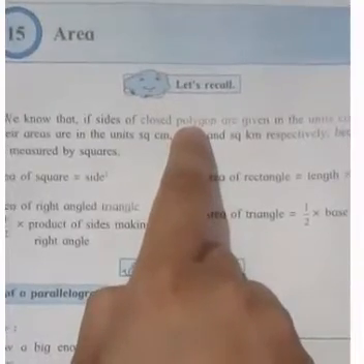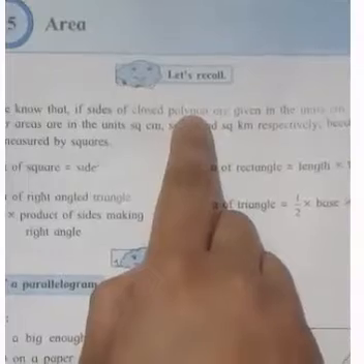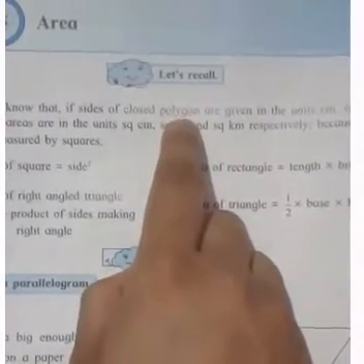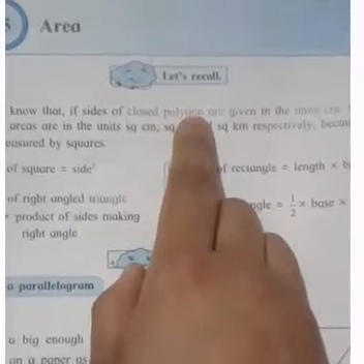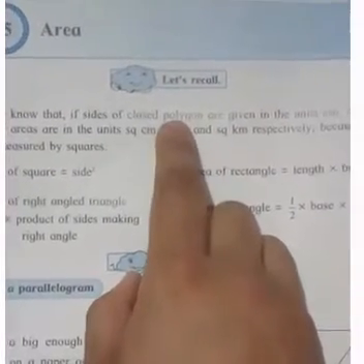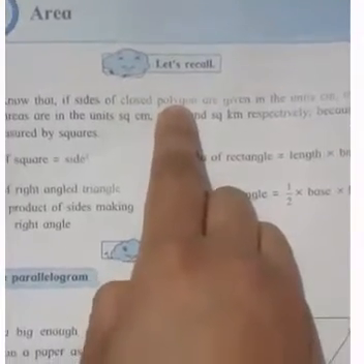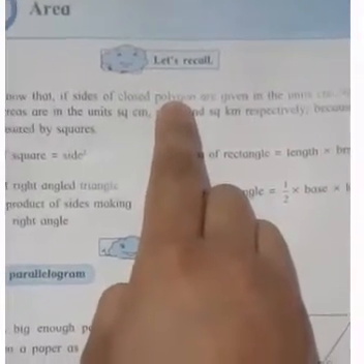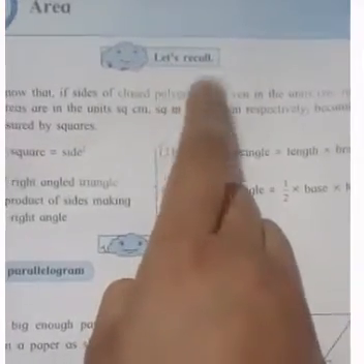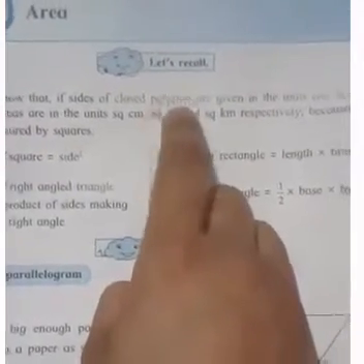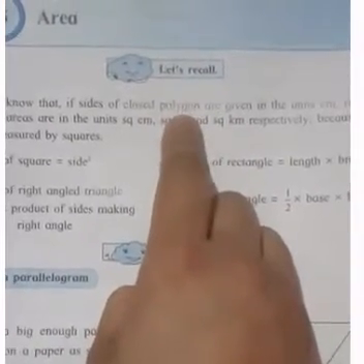What is this thing? A polygon is a closed figure formed by a finite number of sides. What does this mean? It means that if sides are given, for example 3 sides, then you can form a triangle, right? So a triangle is a polygon. Similarly, if 4 sides are given, then what can you form? Yes, you can form a square. So a square is a polygon. So polygon covers different shapes. Okay, you got what a polygon means?